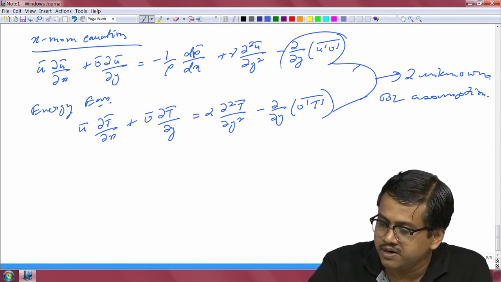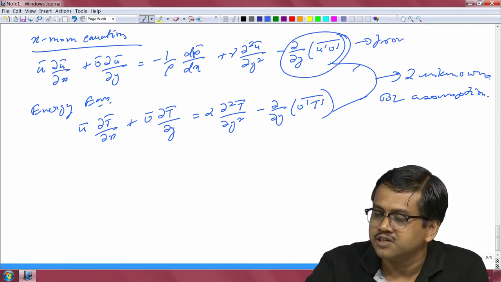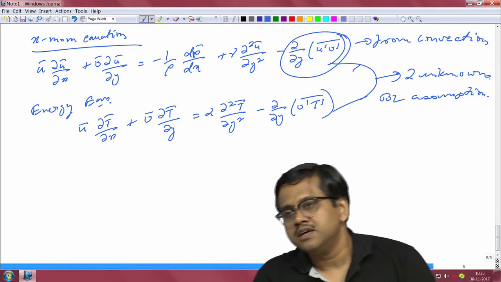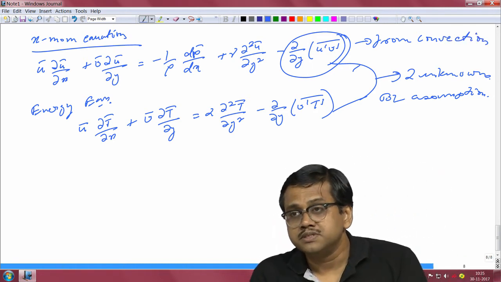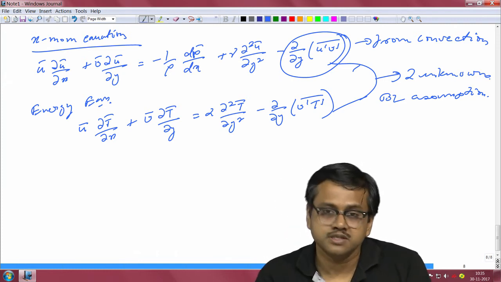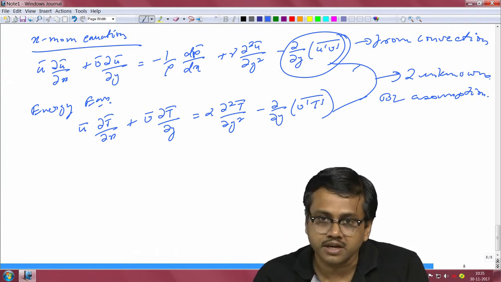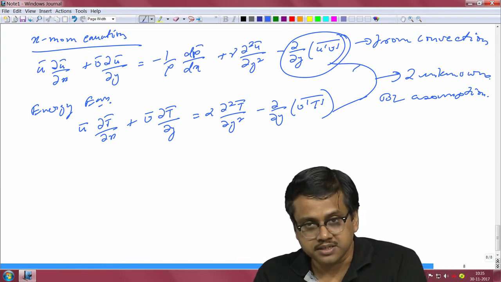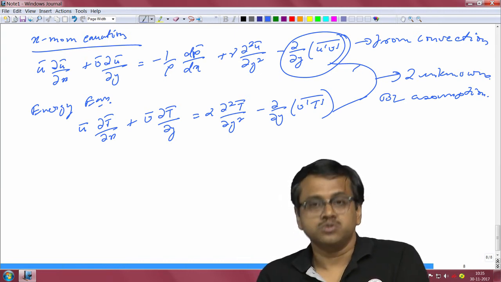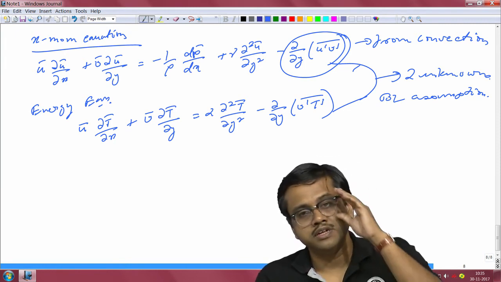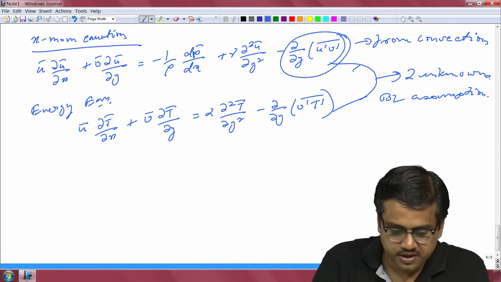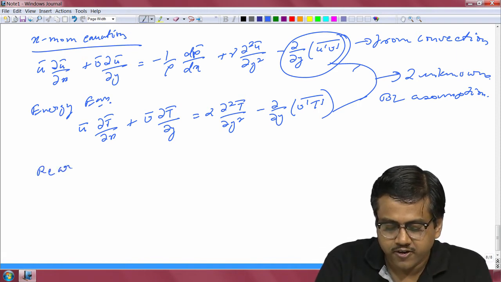Once again remember these are from convection, because many students make this mistake that they think that this is coming from the viscous terms. It is not from the viscous term. Viscous term is not nonlinear. So, it is coming essentially from the convective part of the Navier-Stokes equation or the energy equation. Wherever there is nonlinear term, you will have this issue coming up into the picture. So, rearranging